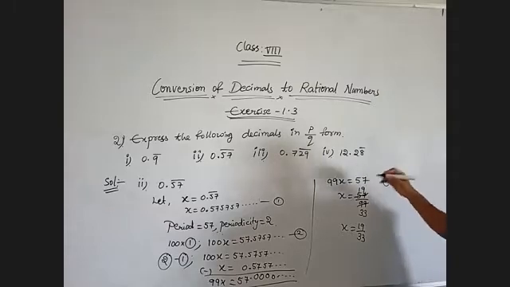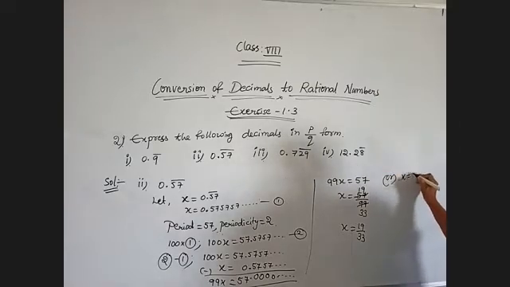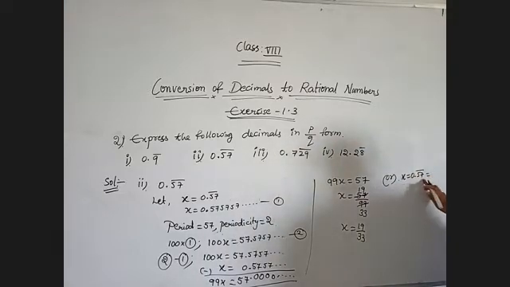Observe. Just as I told you before, x is equal to 0.57 bar. So whatever the complete number 057 actually is, that is nothing but 57. 57 minus the digits that don't have the bar, that is only 0. Minus 0, over how many digits are having the bar? 1, 2. Every digit we need to take a 9, so here 2 digits are there. So 99. 57 minus 0 is 57 by 99.